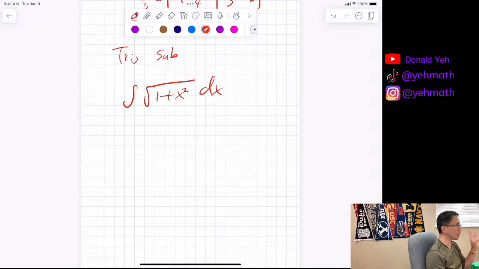So these are the three trig substitution options that you can use. But which one would it be? Right? Which one would it be? It's 1 plus x squared, so